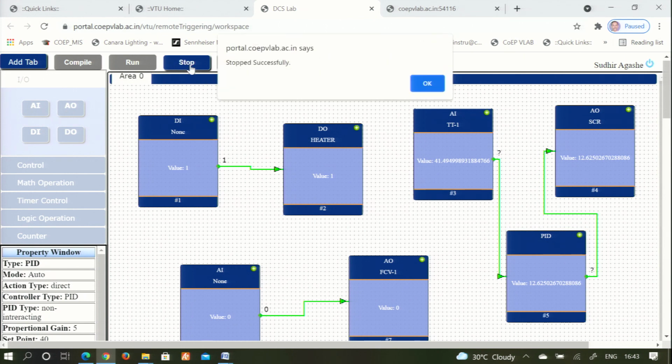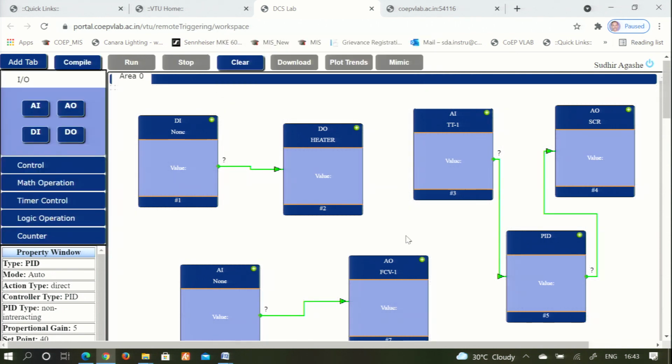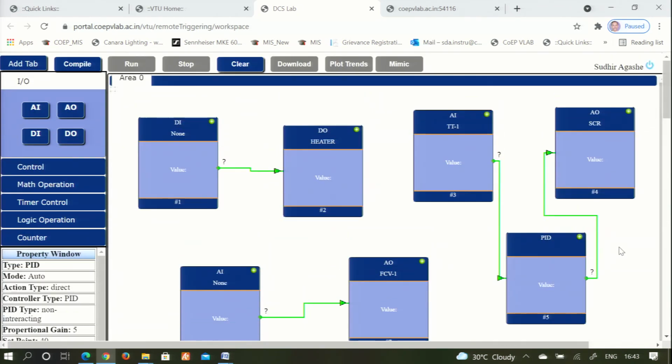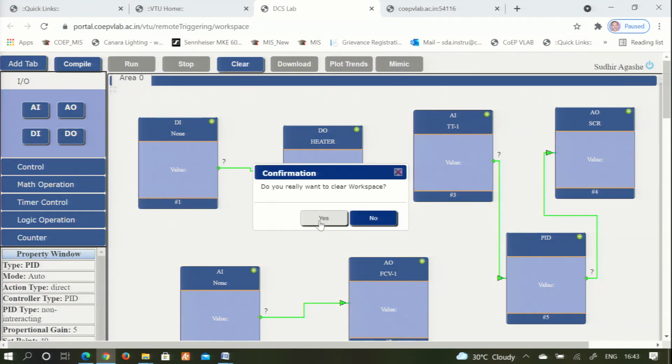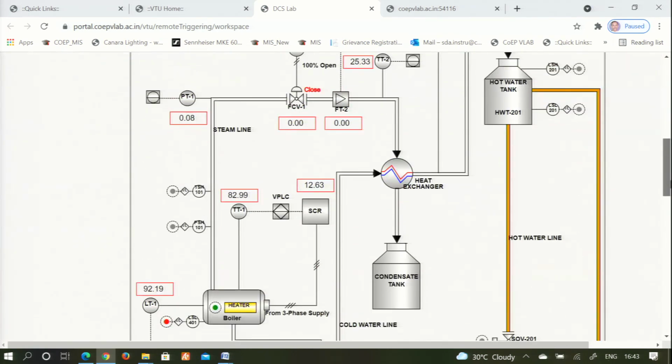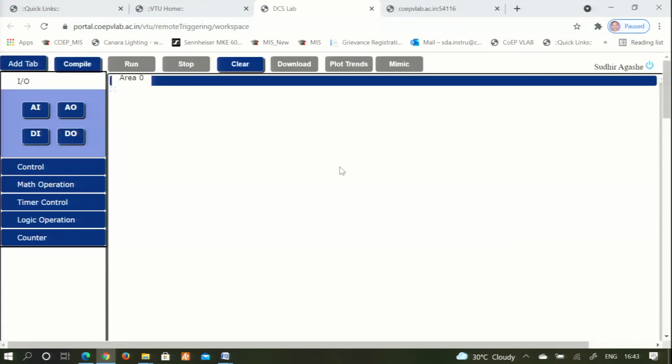Or a student is supposed to stop it, and when he says stop, it is stopped successfully. So, he gets a feel that yes, I have stopped the plant successfully, and everything indicates that you have now given control to the administrator of the plant, you are no more a user of this plant. Now, you can clear this, saying that I want to stop this, and the job is over, and the student can now complete the experiment after booking a slot, get all the readings associated with that, and then what happens here